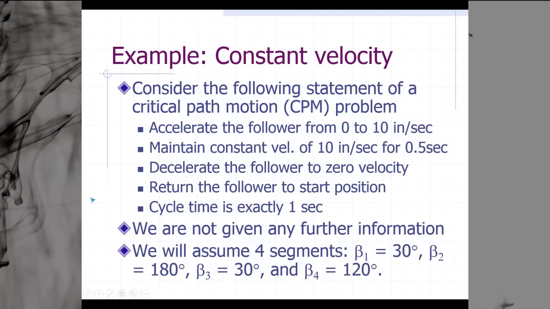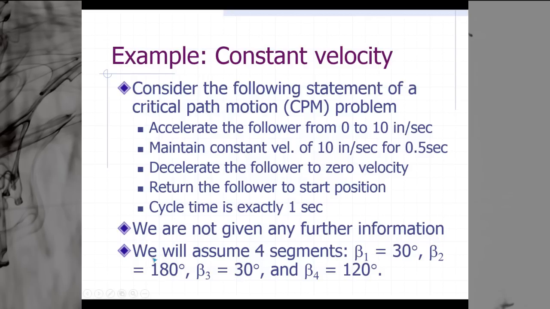So in this particular case, instead of being told that we want to take our position from 0 to 1 and then maintain that with a dwell for a certain amount of time and then fall again, we're being told we want to accelerate the follower. We're not even told exactly what the resulting height of our follower will be. We're just told to maintain a constant velocity of 10 inches per second. So we're also not given any further information than what appears in these first 4 steps: acceleration, maintain, decelerate, and